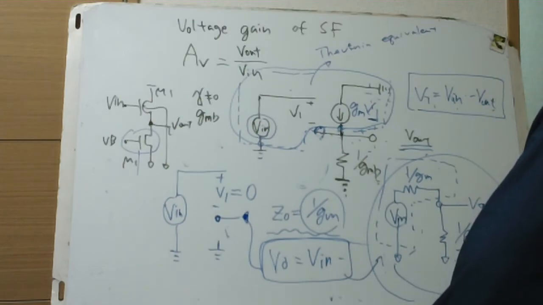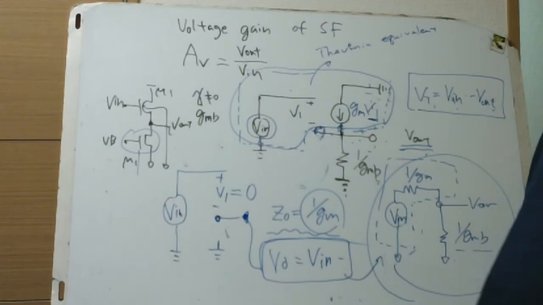Because when the current source is open, this node is V, or current there, its equivalence is just a little bit weird now. Again, still now,